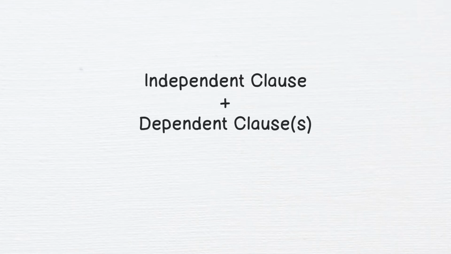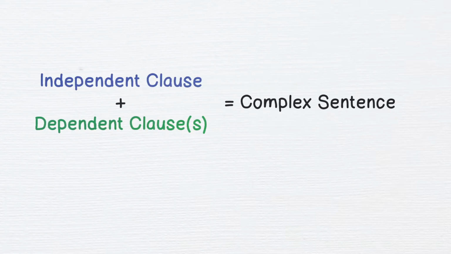A complex sentence is made up of an independent clause and one or more dependent clauses. An independent clause can stand on its own as a complete sentence, but a dependent clause cannot. It is dependent on something else, like an independent clause, in order to become a complete sentence, also known as